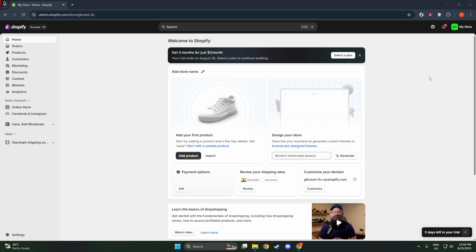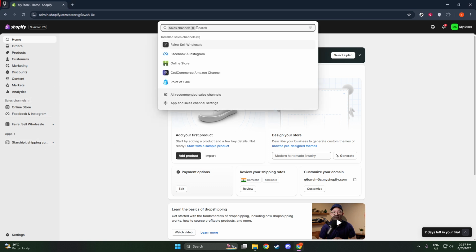Starting off, you need to navigate to your Shopify admin. This is where all the magic happens, as the admin panel is your hub for everything related to your online store. Within this space, look for the section labeled Sales Channels on the left-hand side of your dashboard. This is where you can manage the various platforms that are linked to your Shopify store, allowing for seamless interactions